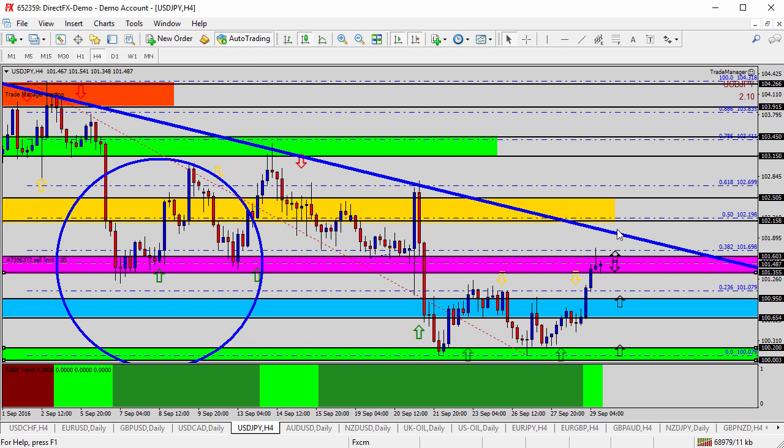the pink zone, because as I mentioned, if it gets above the pink zone, history shows us, just look to the left a little bit above the pink zone, we're back to the yellow or possibly even higher into the 103s all the way up here at the top of the chart. So that's not what we want to do. We want to see it stay within and under the pink zone, head back down in the direction of the long-term trend. A break of the pink zone changes everything. Of course, news today could change everything anyways here for this currency pair, but that's what we'll focus on today